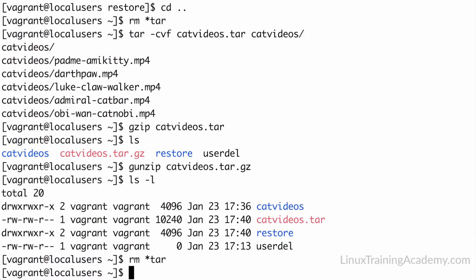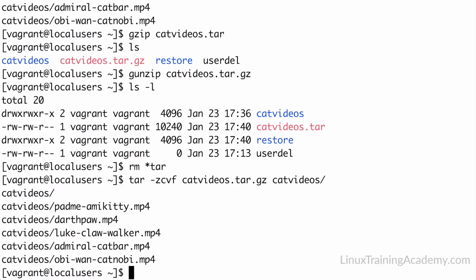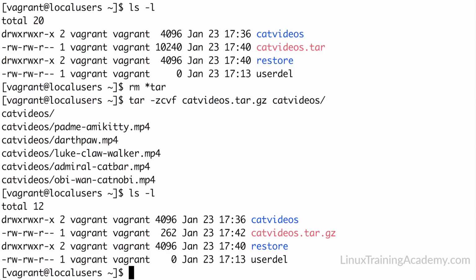You can perform the compression on the archive when you create it if you use the -z option to tar. So what we can do here is do tar -z for compress, and c, we're going to create an archive. v is going to be verbose. f is we're going to give a file name, and then a path to what we're going to put in our archive. Here we can see we have our catvideos.tar.gz file,